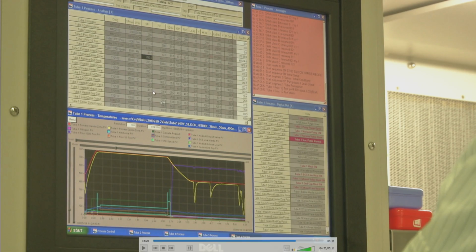So if you look at these graphs carefully, what this tells us is how the temperature is going to increase, and we will maintain the temperature, and after the deposition we are going to reduce the temperature and bring it down to the required standby temperature, after which we can open the chamber and remove the wafers. Right? So the temperature profile here is programmed, and what is also programmed is the flow of various gases.